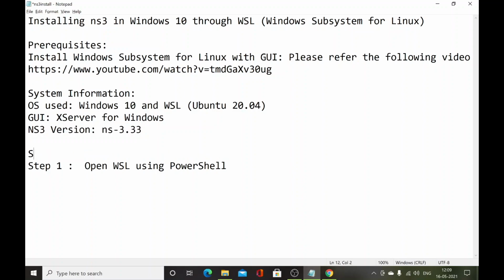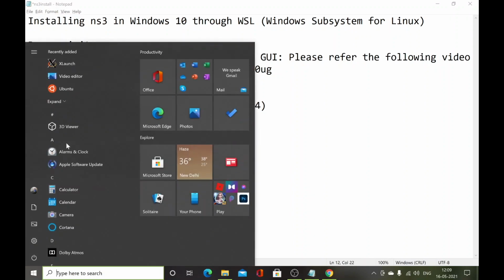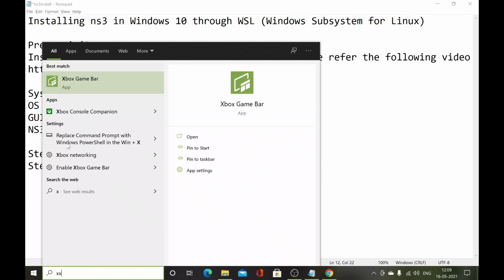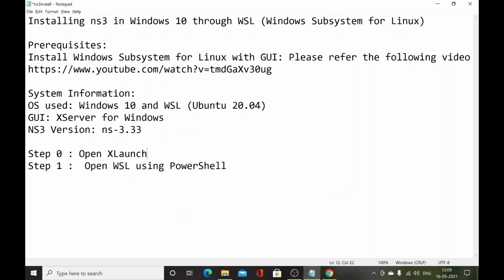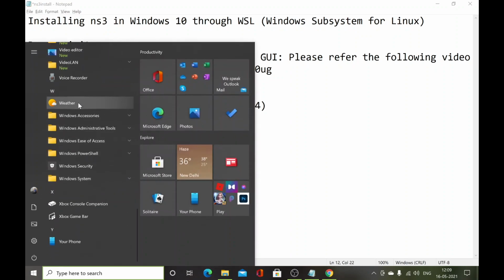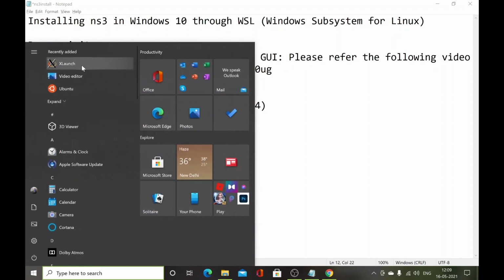To begin with, step number 0 is to open the software called XLaunch for Windows. I have already installed it; you can see it in the recently installed software at the top. Just double click the software.